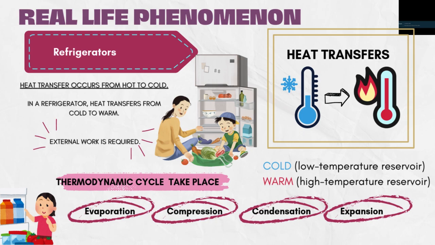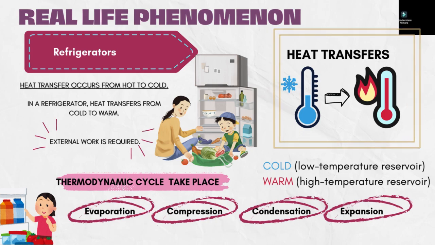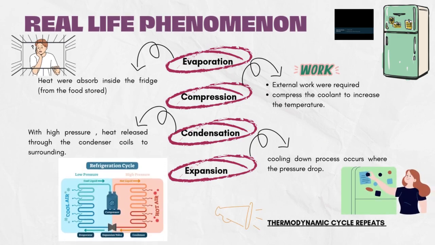The refrigerator itself undergoes a thermodynamic cycle, which has four stages: evaporation, compression, condensation and expansion. The first process that happens during the thermodynamic cycle inside the refrigerator is evaporation, where heat is absorbed inside the refrigerator. Basically, the heat from the food that we store inside the refrigerator is absorbed. For the second process, it will be compression, where external work or external energy is required